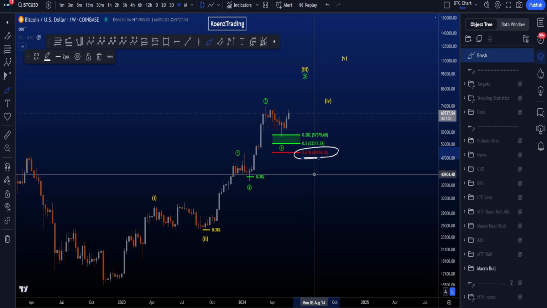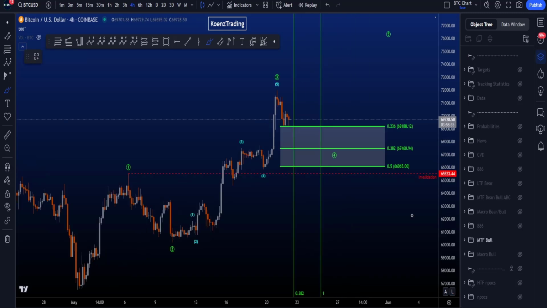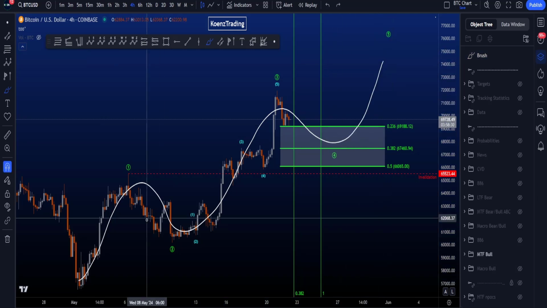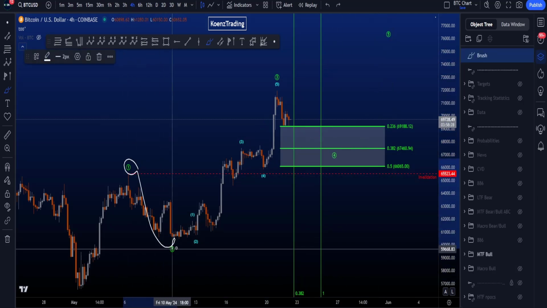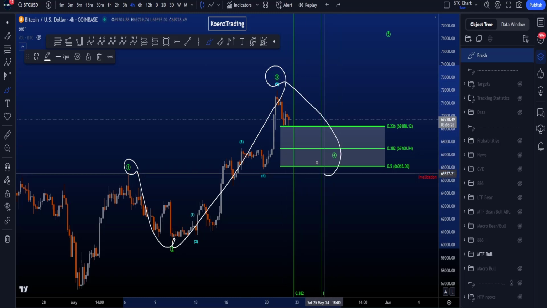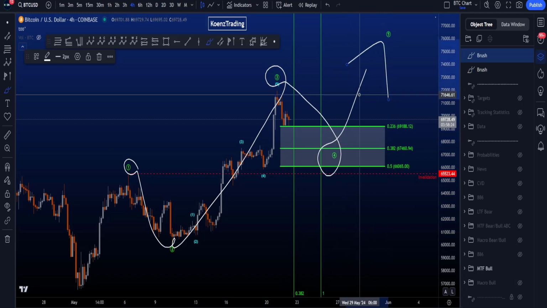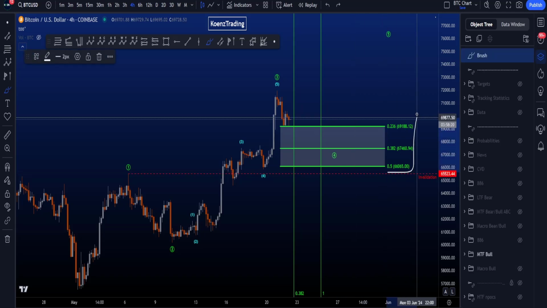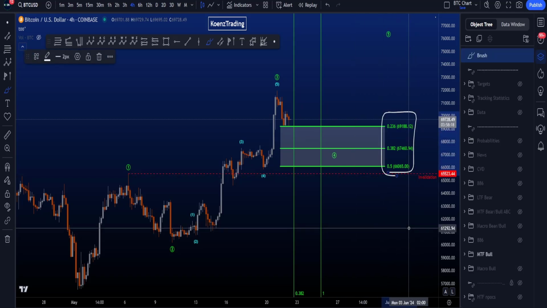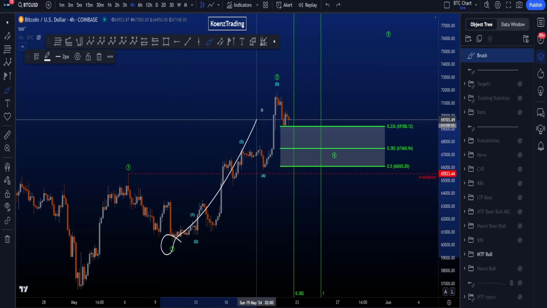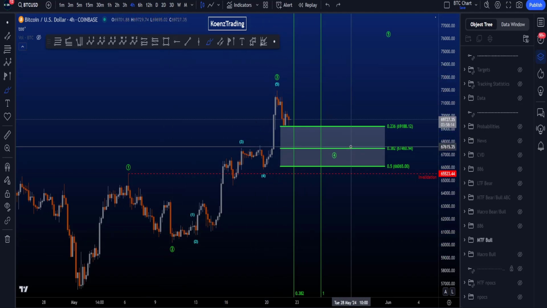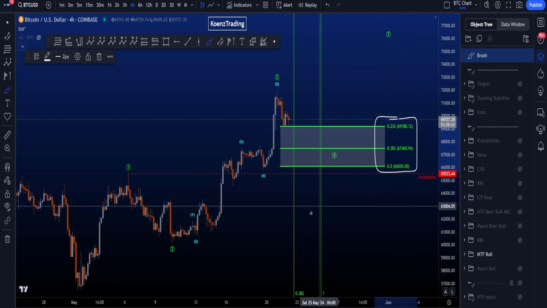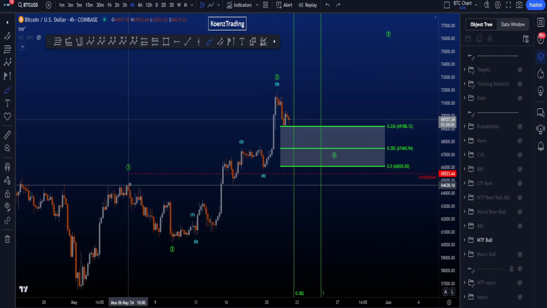the 0.618 at 49.3k. On the 4-hour chart, we are then looking for impulsive structures to the upside to continue the trend, and here we have a finished wave 1 and 2, also a finished wave 3, looking for 4, and then continuation to the upside in a wave 5. Common target area for your wave 4 is the 0.236 to the 0.5 Fibonacci, taken from the low to the high of this wave 3, giving you a target area between 69.2k and 66k, with the invalidation being the high